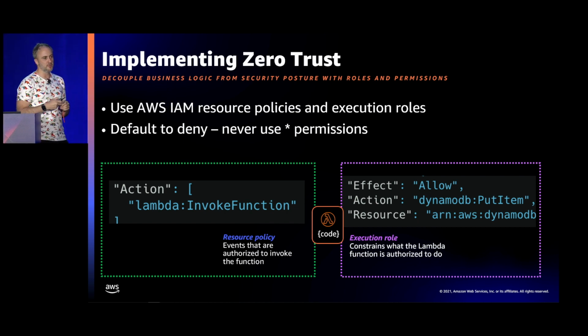So here's an example of me applying an action called invoke function to an API gateway resource policy, which would allow a certain API gateway resource to invoke my Lambda function. And then my execution role here, it lets my Lambda function put items onto a specific DynamoDB table. That's all this function is able to do, right? This function would be designed for putting things onto DynamoDB, and it's restricted only to doing that. It lives a very focused life.